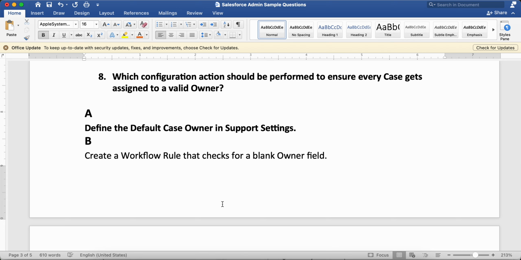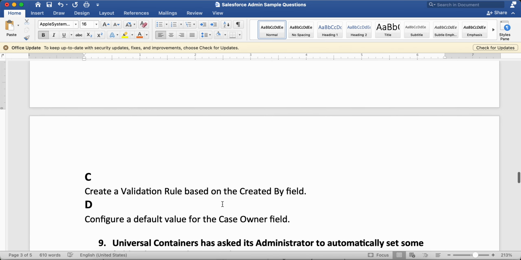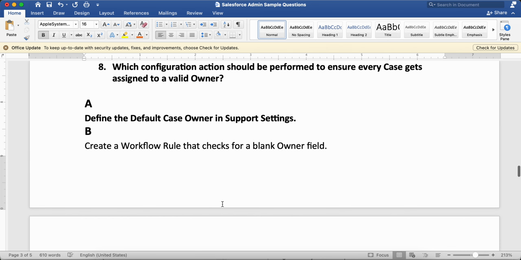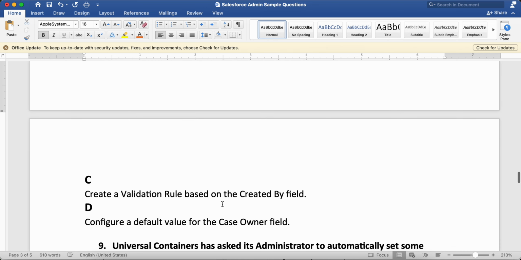Now the next question is, which configuration action should be performed to ensure every case gets assigned to a valid owner? Okay, now look, in this one, actually, none of the options are quite right. The first one is: configure a default value for the case owner field.